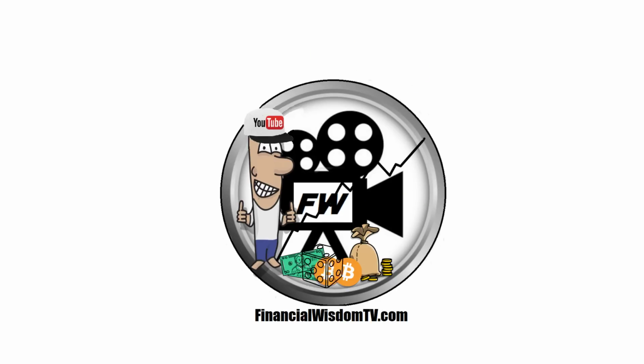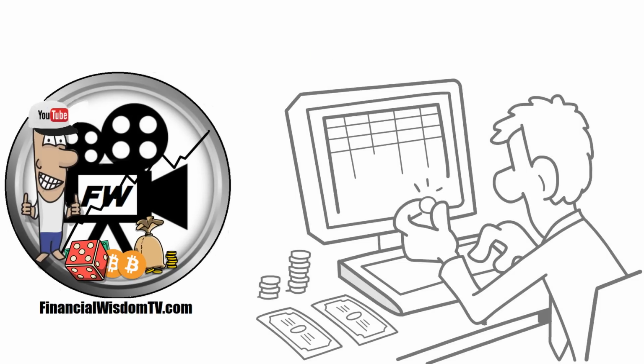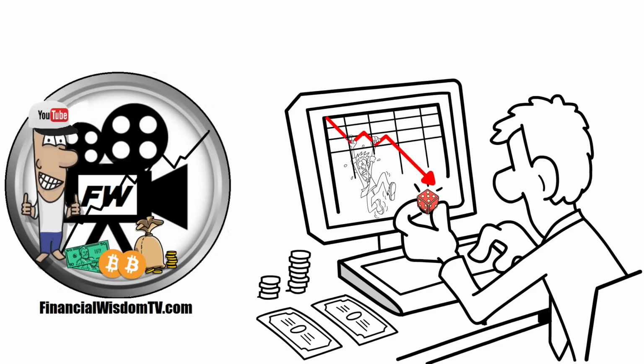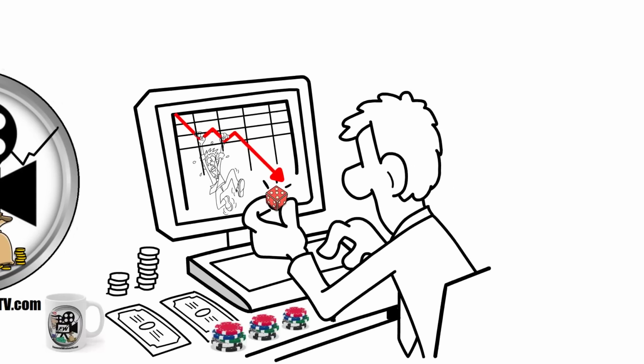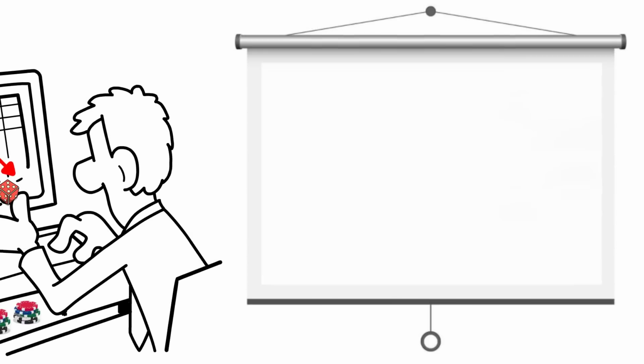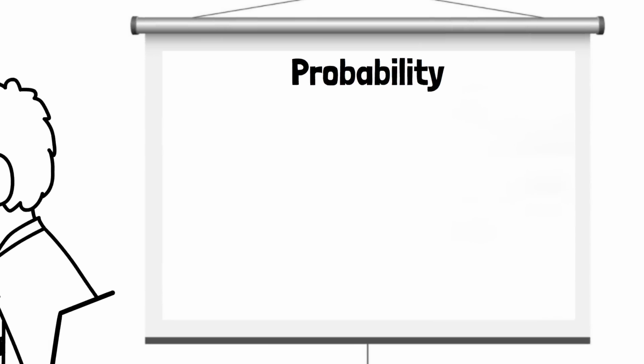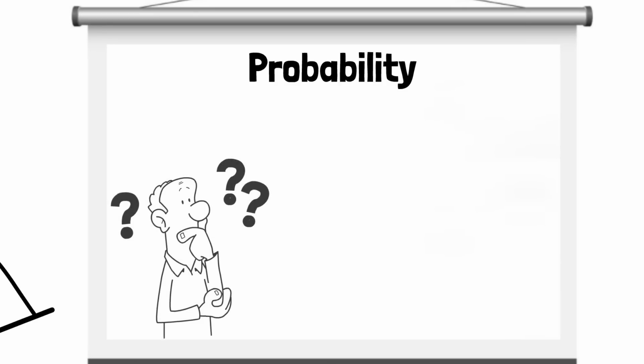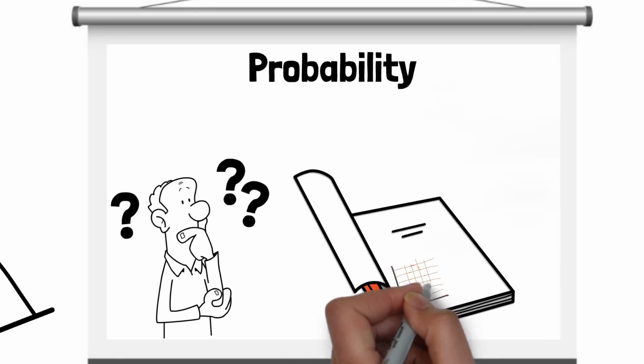In this video, we look at probability, its relationship to the stock market, and how we can stack the odds of success in our favour. But first, we need to understand probability. Most events can't be predicted with total certainty. However, we can gauge the likelihood through math and the idea of chance.